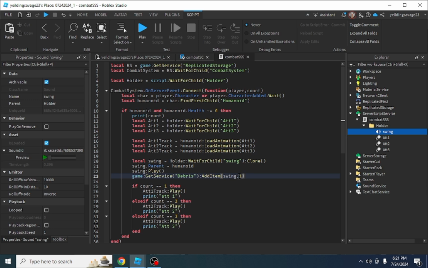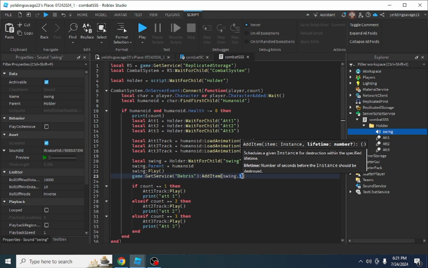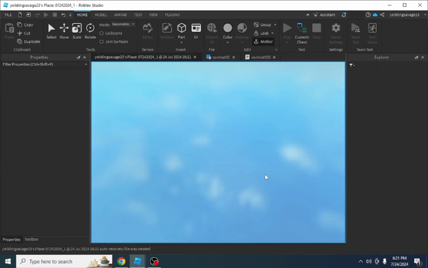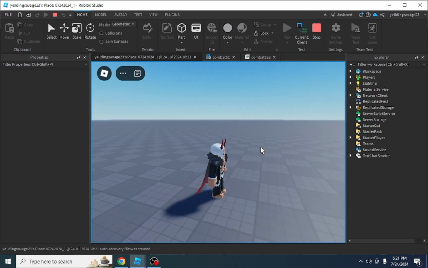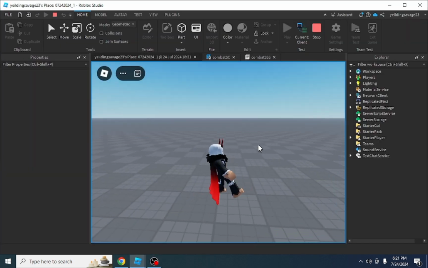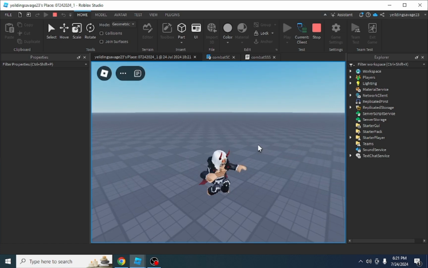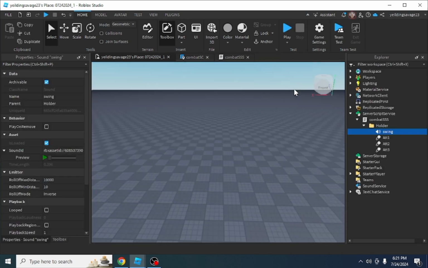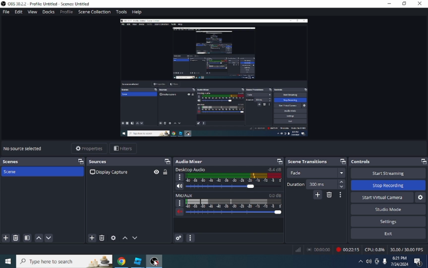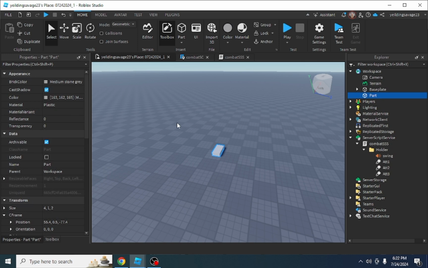in 1 second. I can say maybe not 1 second, maybe point 0. No. Let's just leave it in 1 second. You can see here, if we play the animation, it will play the swing too. So let's just turn this more higher. Then there you go. It plays a sound. And that's good. Now we access the sound. The next one will be